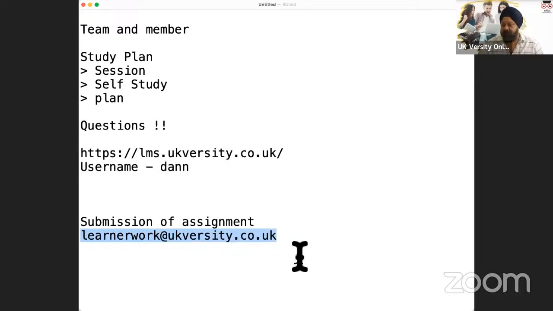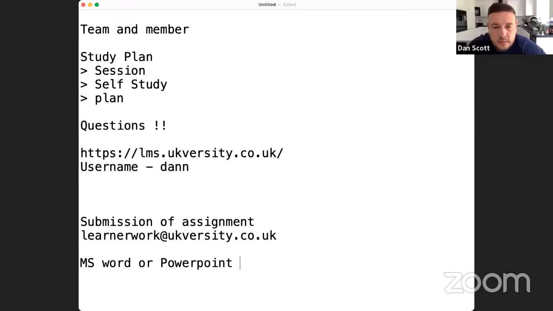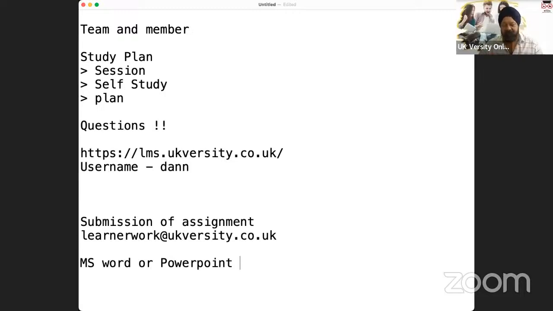Now, if you submit it on this email, normal submission formats are Microsoft Word, or Word if you use Google Documents, or PowerPoint presentations, essentially. Okay. You can't submit a document to us in PDF because we can't scan it for plagiarism,